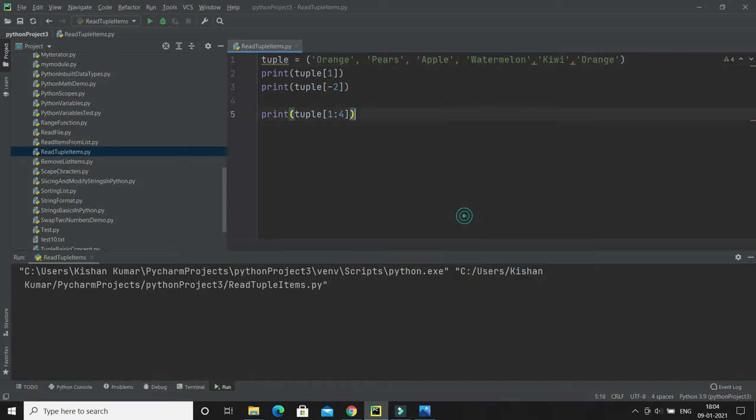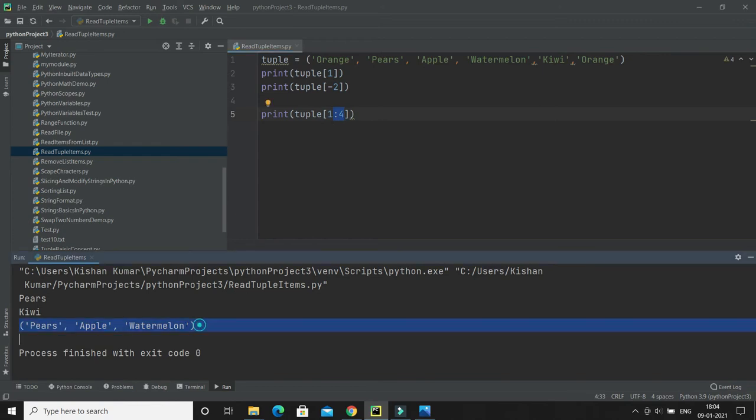If I run it, you will see it returns a new tuple, starting with index 1, 2, until index 3. One thing you have to keep in mind: when you use a range, it returns another tuple itself. So that's how you can specify the index, and you'll get a tuple as a return out of this tuple. Now when you specify the starting index and end index, a couple of things you have to keep in mind.